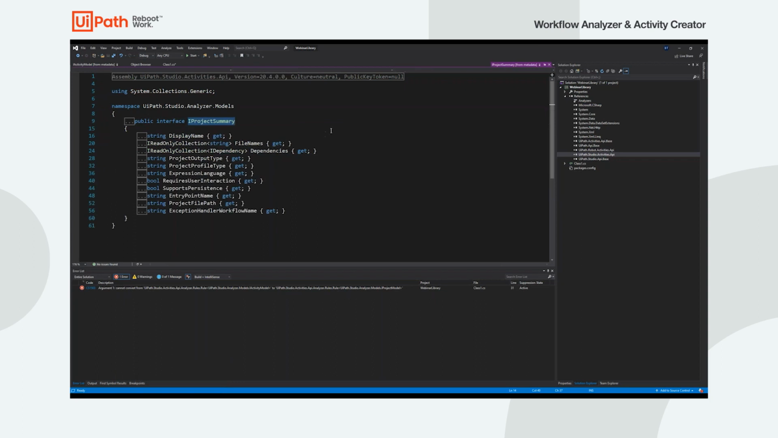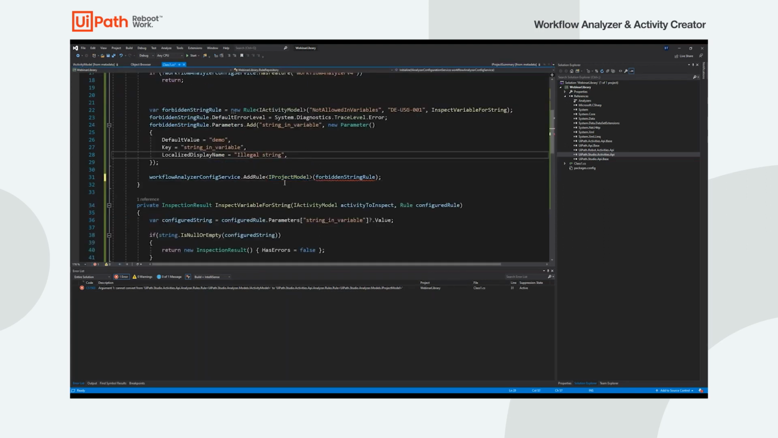And then also get information about the project itself. What's the project name? What are other files in the project besides workflow models? What are the dependencies and all the properties of the current project? Be aware that the activity